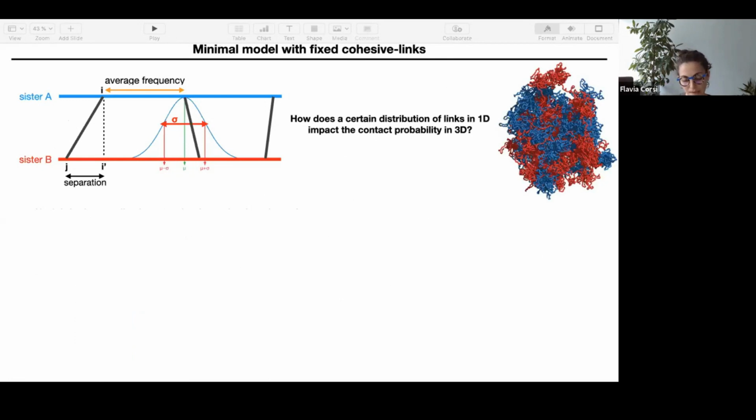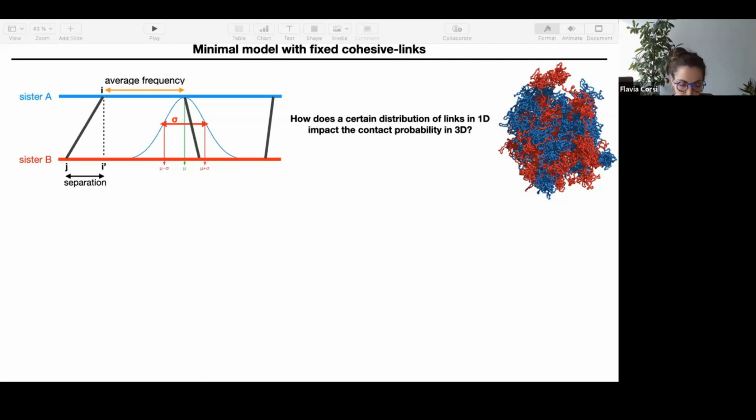So we have preliminary results in terms of understanding how the main parameters of the system, the average frequency and the misalignment, impact the three-dimensional contact probability. Basically, we wanted to understand what happens when we change these parameters in 1 dimension, how it impacts the contact probability in 3 dimensions. And to do that, we model our 2 sister chromatids with 2 linear polymers shown in blue and in red, linked at several genomic positions. These fixed links that you can see in black